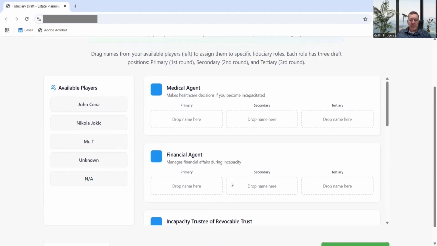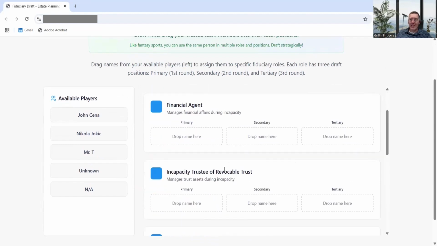As you can see, I've picked out some fictional agents or fiduciaries who might work under the plan. So I have John Cena, Nikola Jokic, and Mr. T. We also have options where if you don't know who you want to act, you can always choose unknown. Or if you don't want to name a backup agent, or even any backup agent, you can choose NA